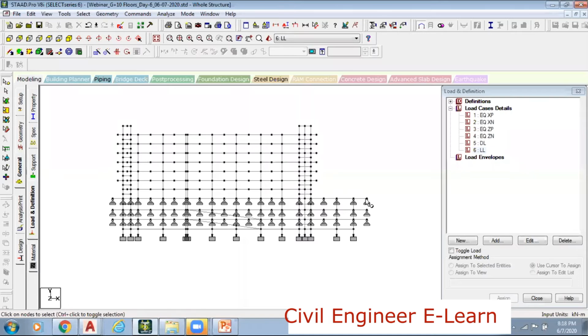So this one is ground level. Since it is ground level, it is usually referred to with 0, 0. And these are minus levels: basement 1, basement 2, and basement 3. And from here upward is the first floor above the ground level, second floor, third floor, and so on.